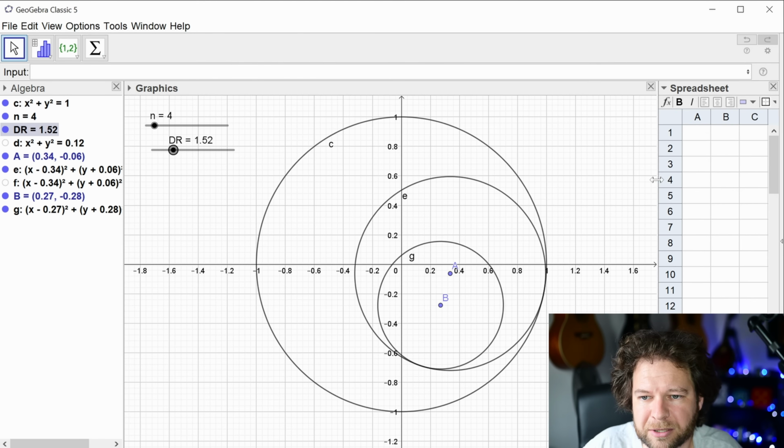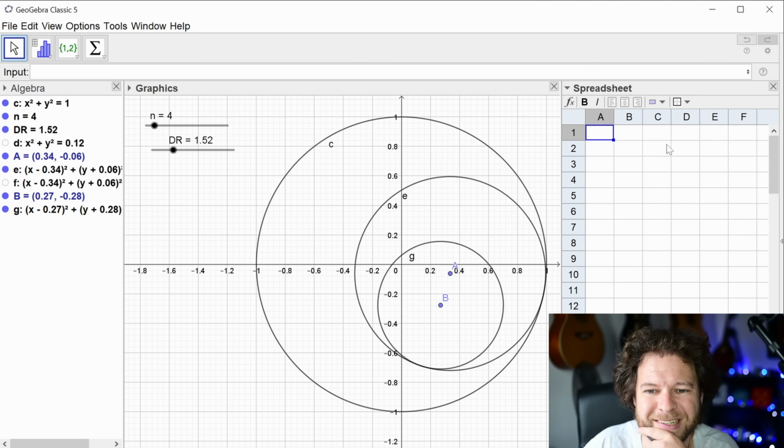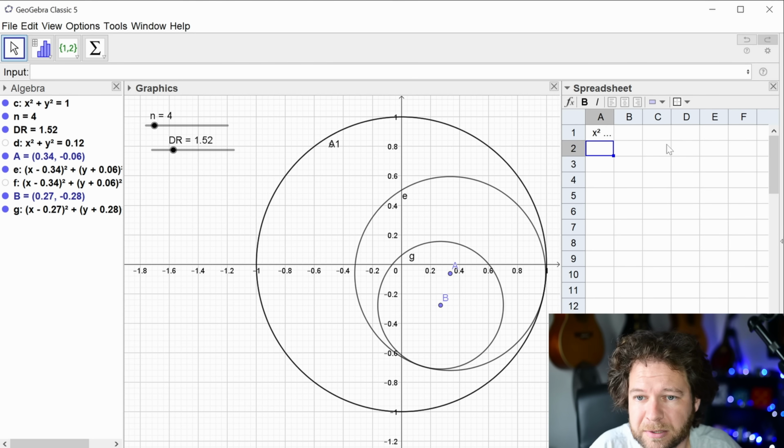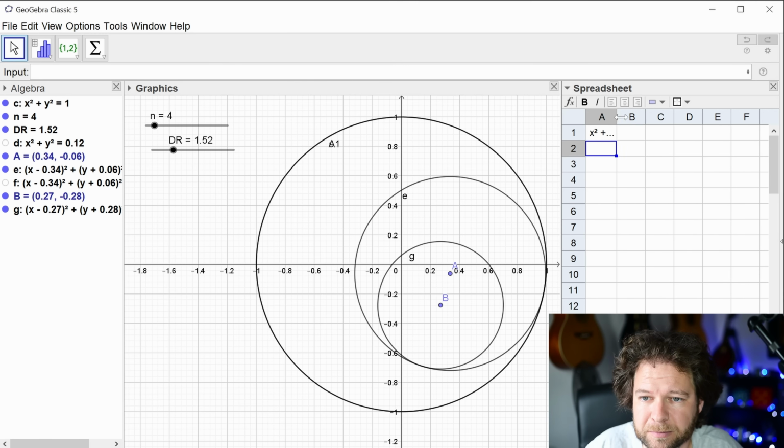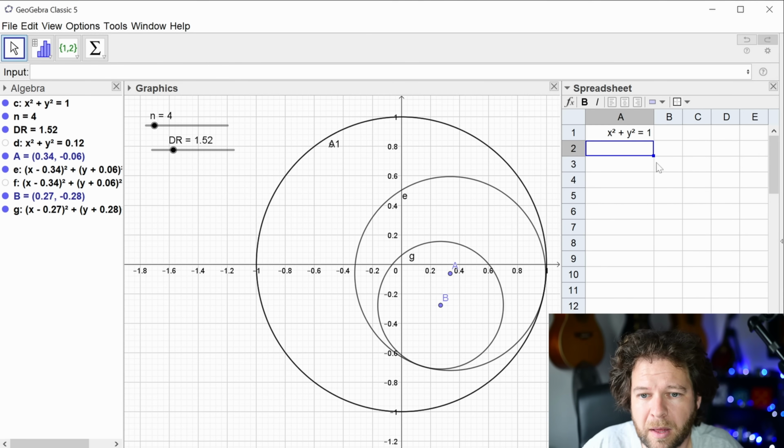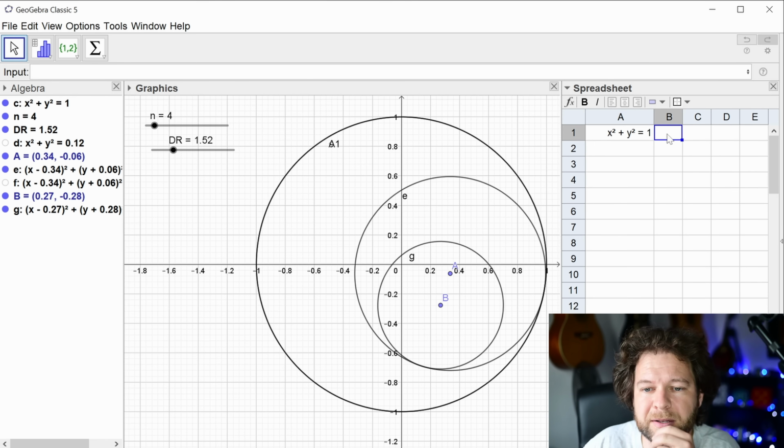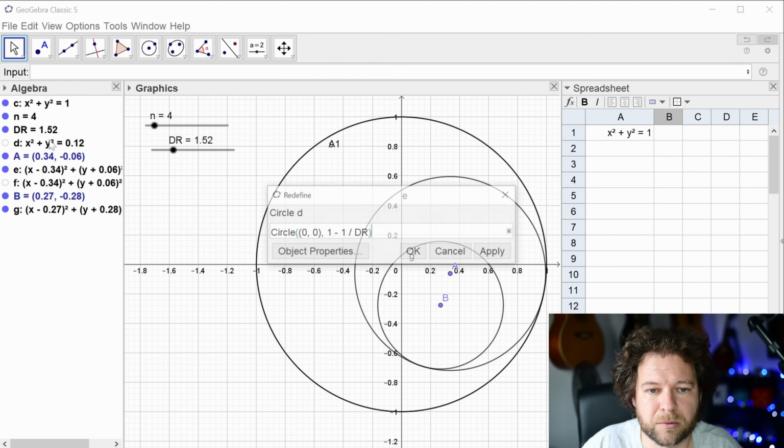Because they're kind of self-referential, I feel like a spreadsheet is going to be the way forward. Maybe there's a sequence way of doing it, which is always going to be neater, but let's just start with this. So the original circle was called C. Let's make that visible. And then the next circle I made, well, let's try and make this left column the circles that I want to see. But the circle I had to build, which was called D,